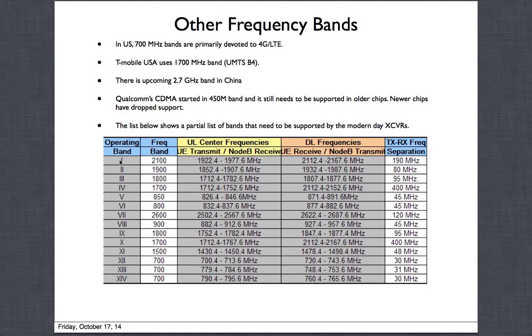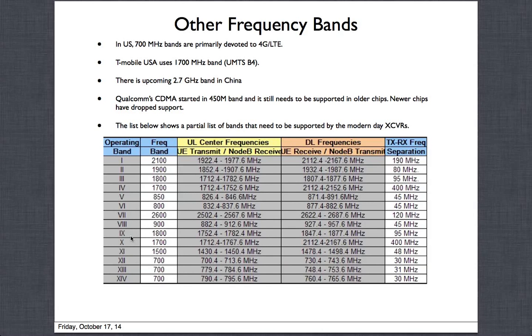Okay, so this is what each of these entries in the row means, and this is band 1. Similarly, you can go through band 2, 3, 4, 5, 6, 7, 8. 5 and 8 are the other bands that we talked about. So all this is there, and you can see the separation becomes really, really small. When RX and TX are very close, it becomes very difficult to actually get good duplexers with good rejections, and sometimes some of these smaller separations become a challenge, especially for 700 megahertz. When we come there, we'll see that.